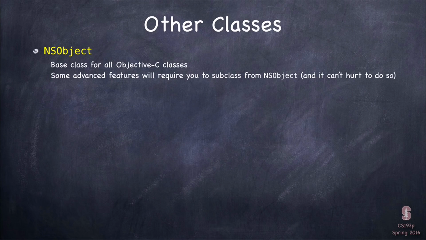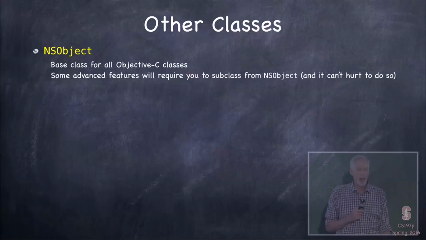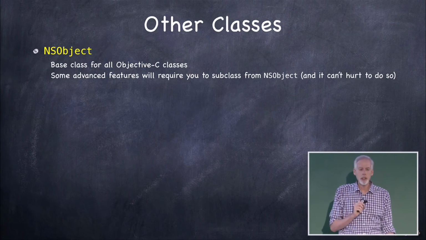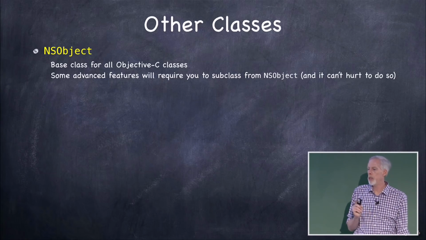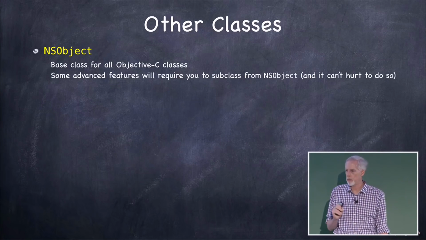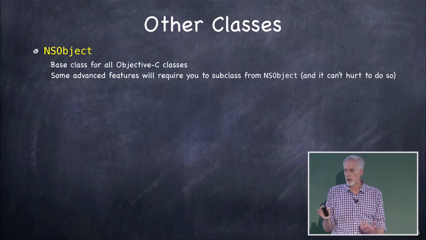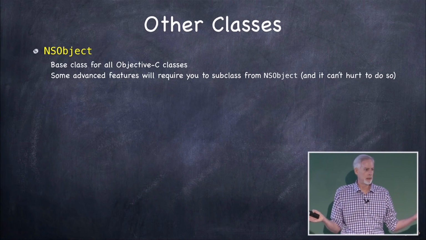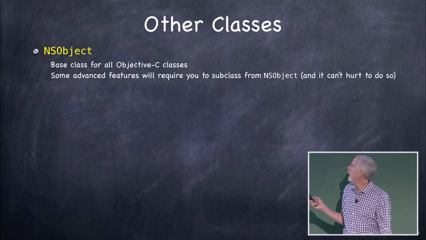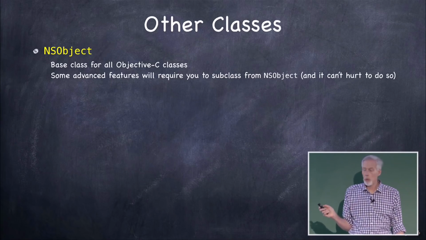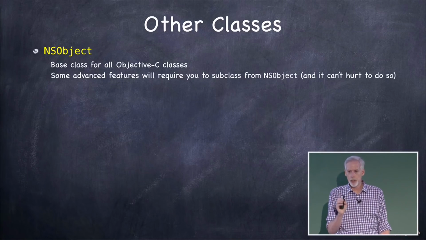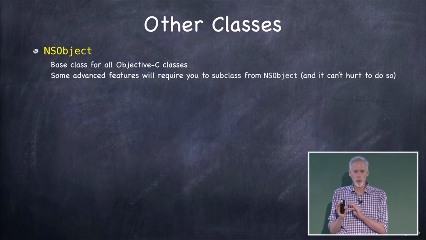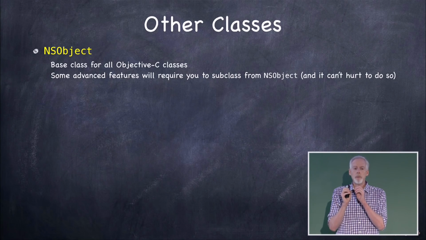All right, other classes that you have to think about. One is NSObject. This is the base class of all Objective-C classes. Now we know in Swift it doesn't have a mandatory base class, like calculator brain, no superclass. Perfectly legal in Swift. But all Objective-C ones have to be subclasses of NSObject. Now, there are some APIs, they're fairly rare, and I'll tell you which ones they are when we get to them later in the quarter, that are